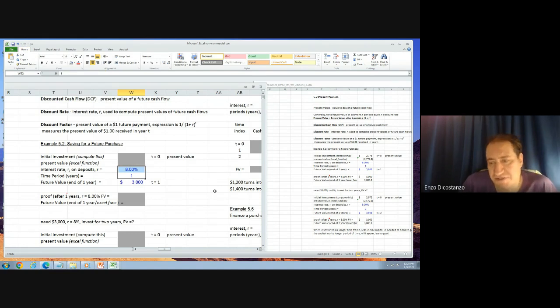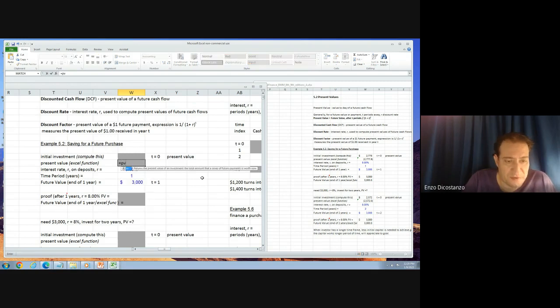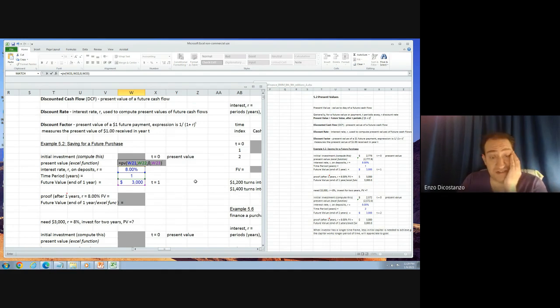Now, there's a couple ways you could determine this. I'm sure you could see the answers here, but I'll do it in Excel, and I want you to be able to compute the math. In Excel, there is something called the present value formula. It just equals PV. You click on the rate, you click on the number of periods, you're not making any payments, and the future value is 3,000, and the rest of it you don't need. That's just Excel doing all the division for you, and you're just putting in the inputs, and you're going to get